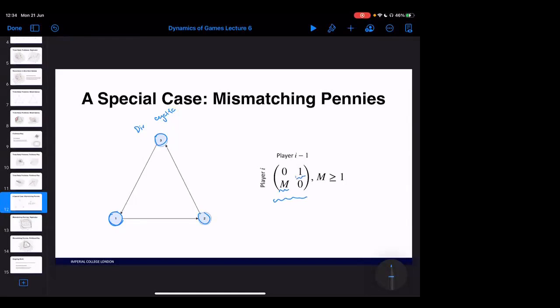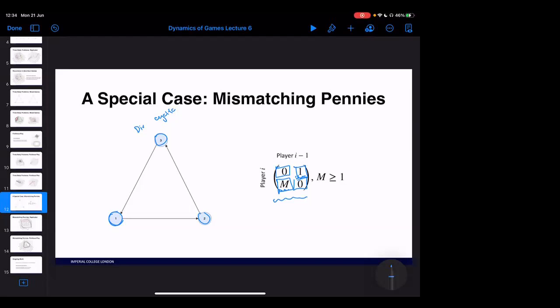So these off diagonals suggest that both agents are choosing a different action, right? So that if we choose either this action or this action, then agent I ends up winning. But if we choose the actions on the diagonal so that I and I minus 1 are both playing the same action, then our player ends up losing out, right? So all agents are trying to be different to the previous agent, but they all have to play the exact same action in the game. I hope that makes sense, right?